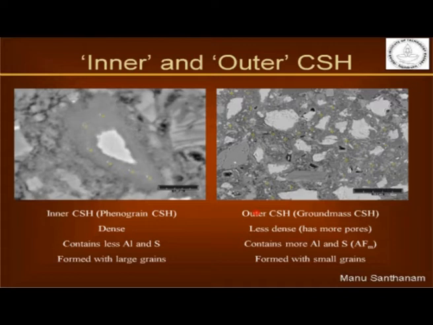Now that's just related to the way that the hydration happens. Very early in the process, the outer CSH starts forming because your smaller grains of calcium silicate start dissolving and hydrating outwards. Now after you form this initial hydrated layer, water gets through this hydrated layer by diffusion, reaches the unhydrated grains of cement and starts reacting at the grain itself, and that's the reason why you start forming these